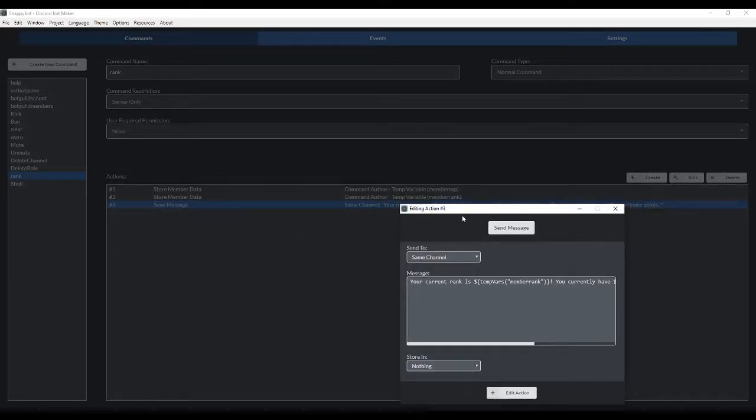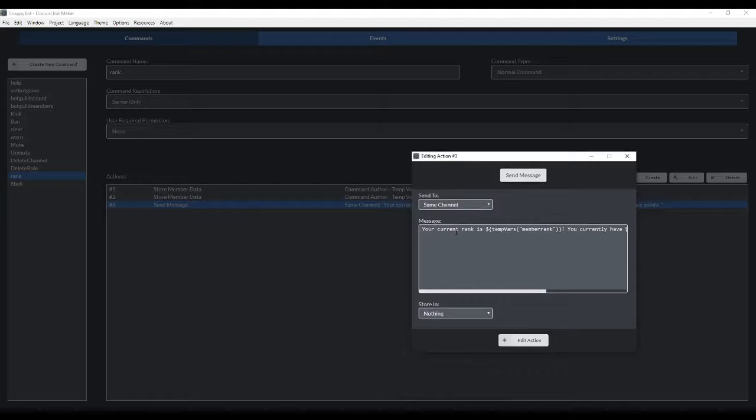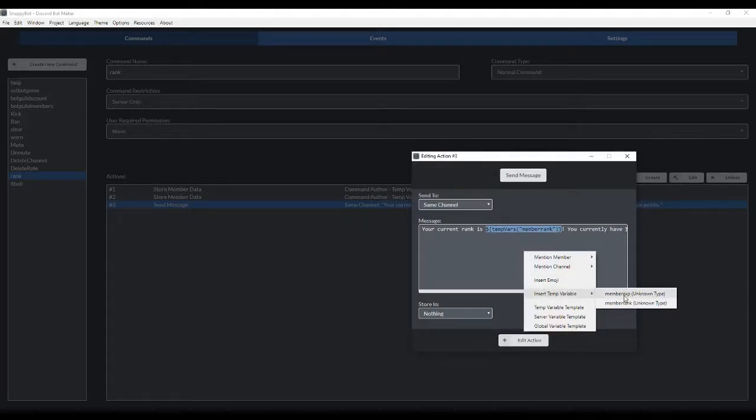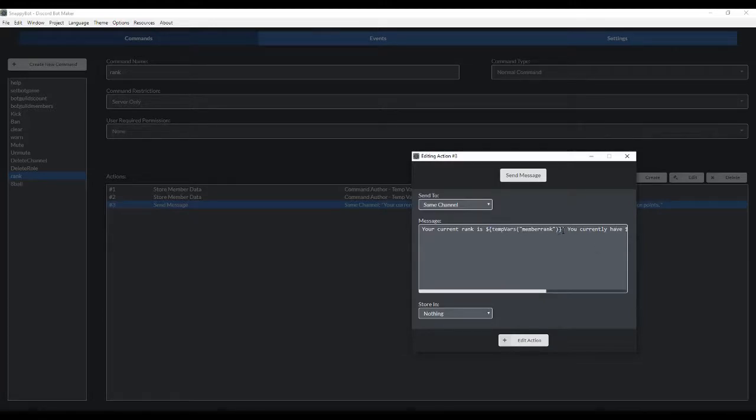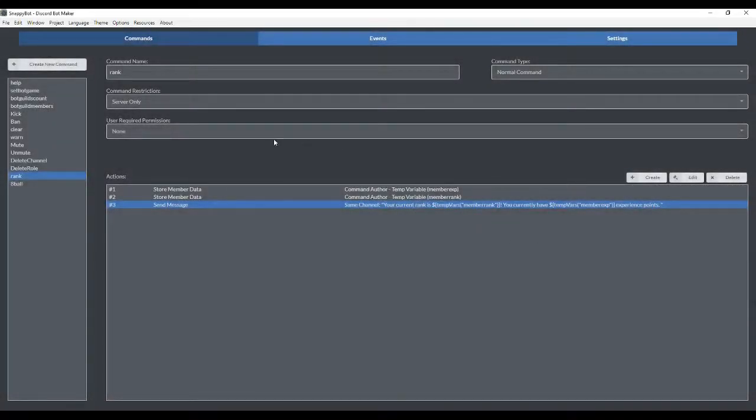So that's our third action. And I just have it say your current rank is, and then to get this temp variable member rank, you just right click, go to insert temp variable, and there's my temporary variables for EXP and rank right there. And you can put them into your message. You currently have this many experience points, and that's just what the message says. So that's our command. And if we were to run it,